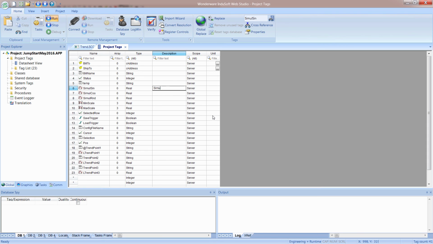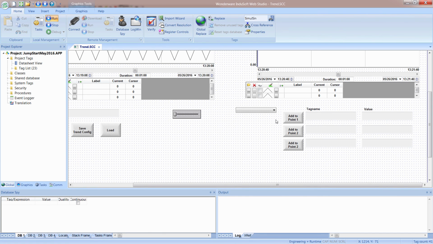So what we'll do is SIMUL SIN and SIMUL COS. Now I'm going to uppercase that just to show you where that comes into play, and SIMUL RND, I'll uppercase that as well. Let's just do this here. Okay. And so now what's going to happen is I'm going to select the tag from here, add it,